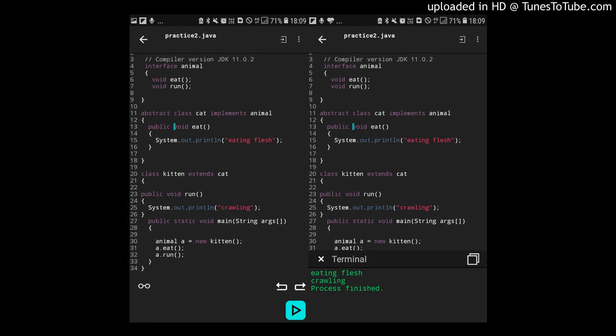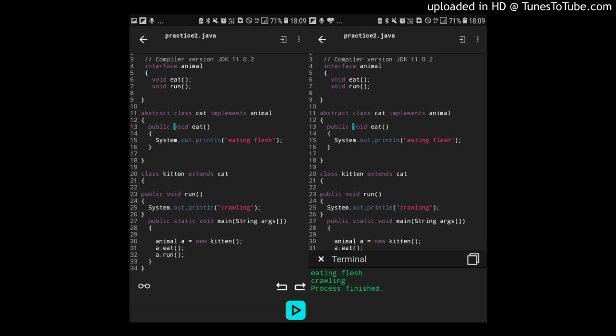And we have an abstract class that is cat. So what we do is we write abstract class cat implements animal. Now we provide implementation details for the method void eat. So we write public void eat and we print out eating.